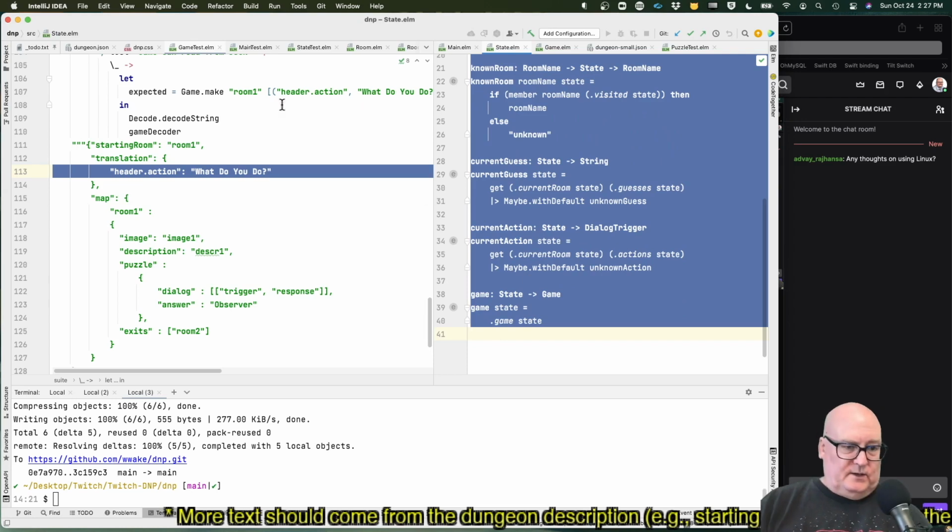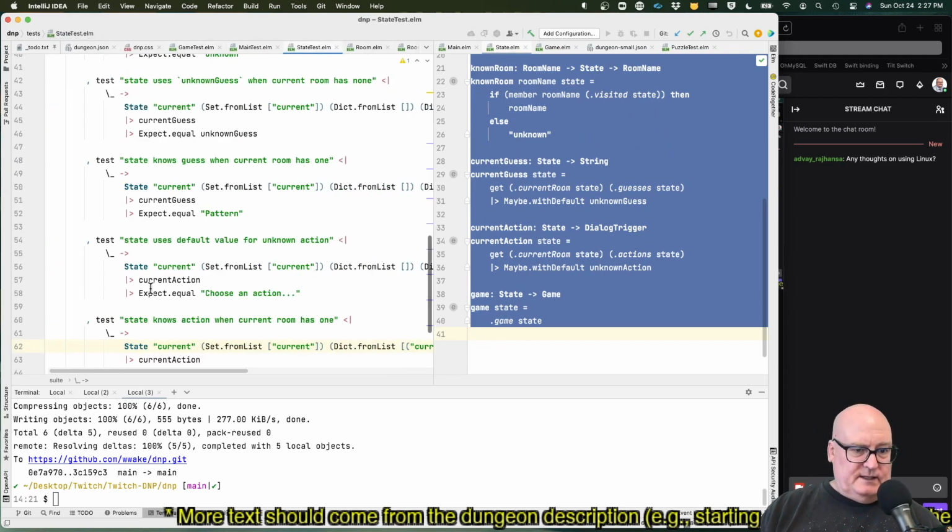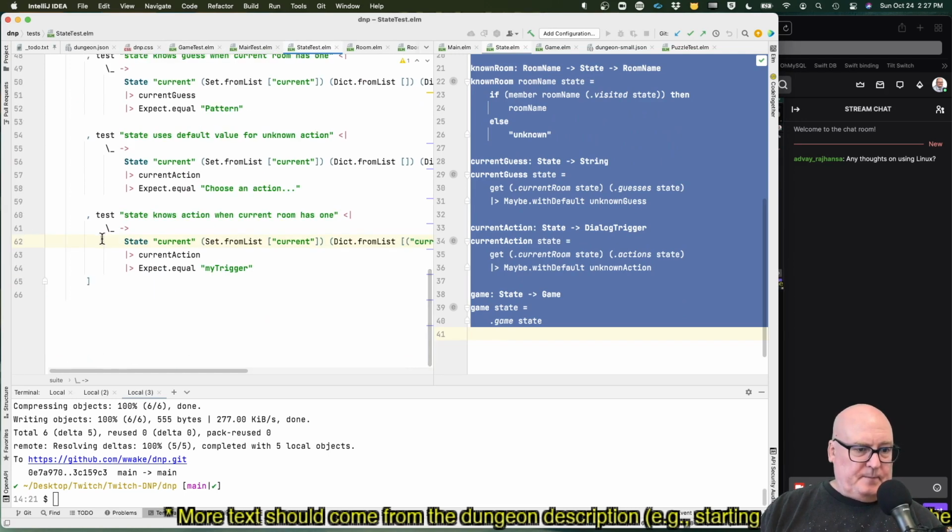Okay, so let's test state. Test state knows how to translate text. We give it nothing, and we say state current.